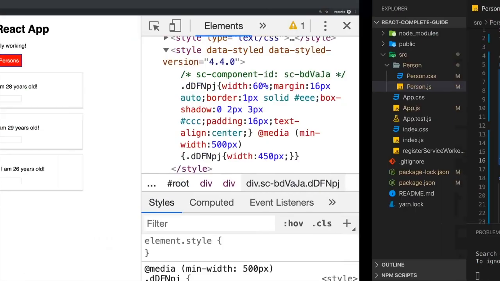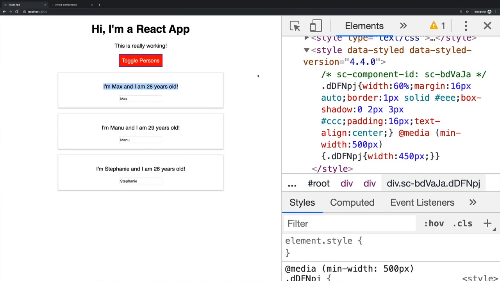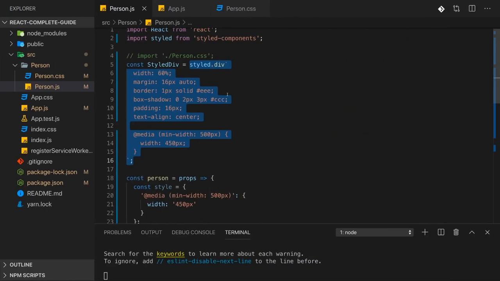This is how styled components work under the hood. Which is great, because that means you're not working with inline styles, which can have certain disadvantages. For example, you're not really taking advantage of the cascading nature of CSS with them. No, instead you have regular CSS classes automatically managed for you by styled components,